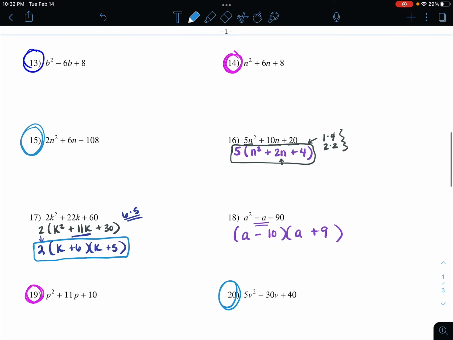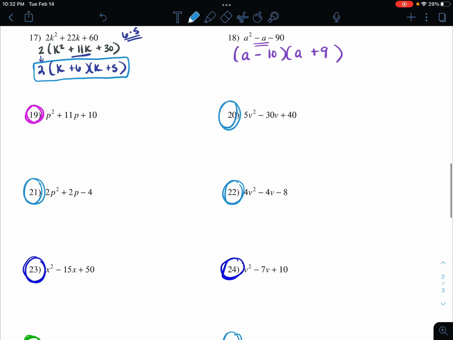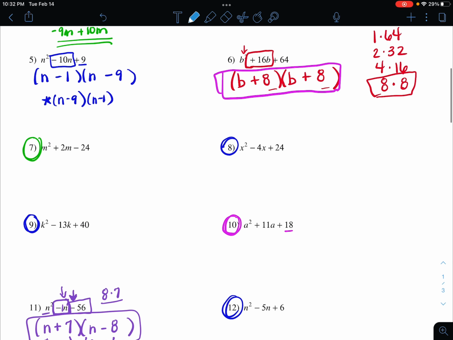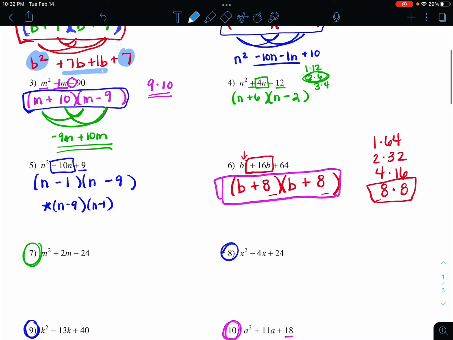Okay, so hopefully you've taken really good notes. If you have questions, make notes of those questions. We'll talk about those on Friday. But I'm going to leave those there for you to try, the ones that I've circled, because this is one of those things that you're really going to need to practice. So when you get a time,